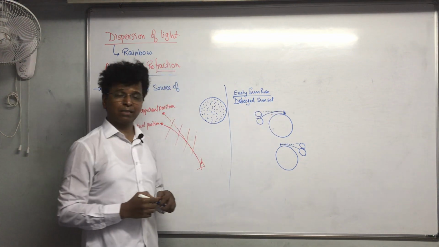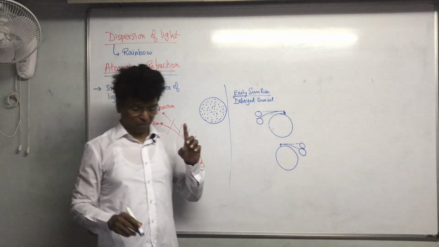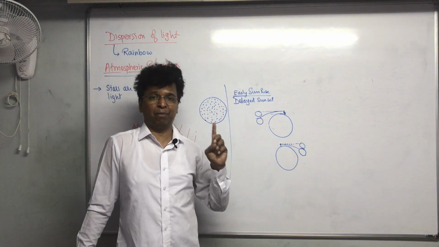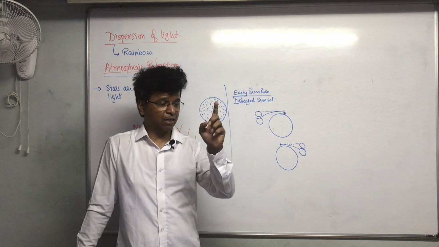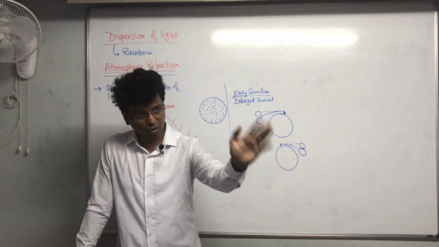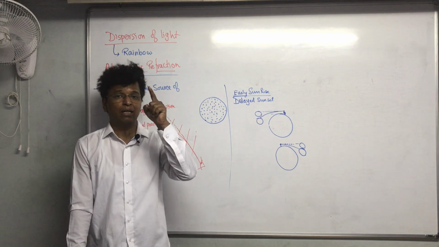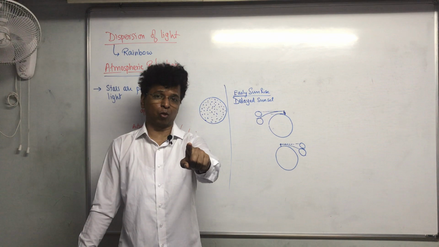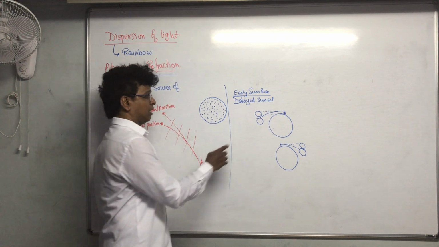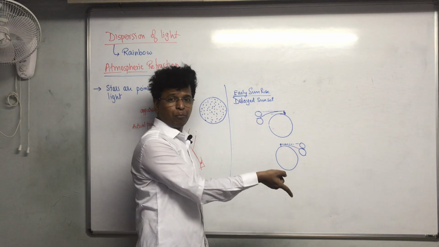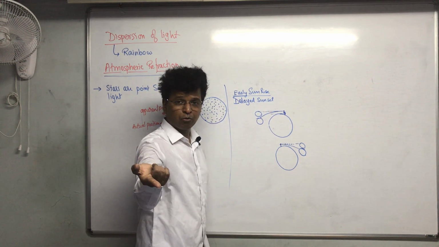Why does this take place? See, my dear students, from the first lecture I have told you which light plays a role. The light that falls on the object, and then that light which is falling on the object and then coming to your eyes, that is going to create the image. That is going to play the role. So here also, the light that comes from the sun is going to play the role where you will be able to see the sun.